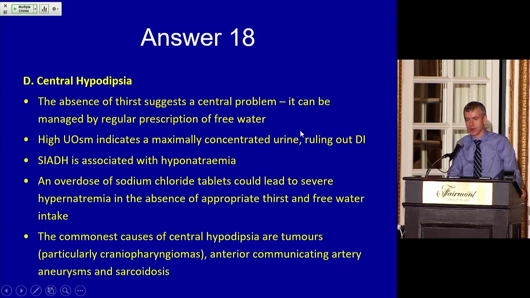So the absence of thirst in this history is pretty important here, which suggests a central problem, okay? And so central hypodipsia can be managed by a regular prescription of free water. The high urine osm indicates a maximally concentrated urine, essentially ruling out any form of diabetes insipidus. SIADH, of course, is typically associated with hyponatremia, not hypernatremia. An overdose of sodium chloride tablets could lead to severe hypernatremia, but this didn't seem to be the clinical scenario